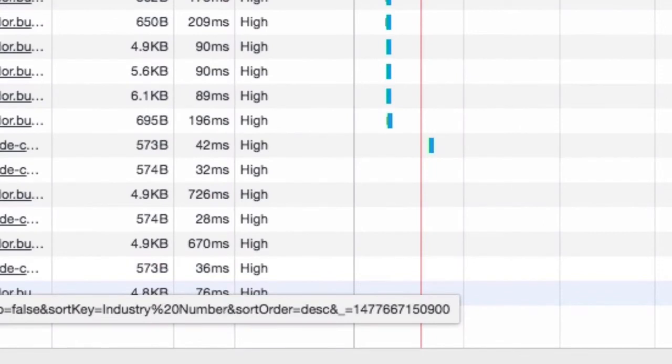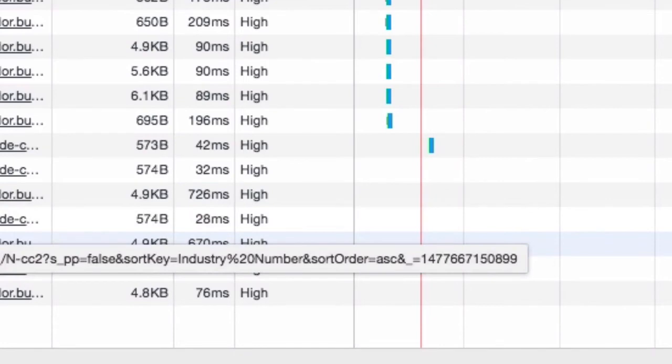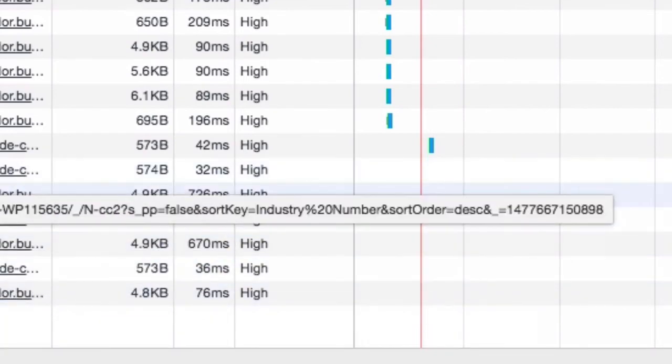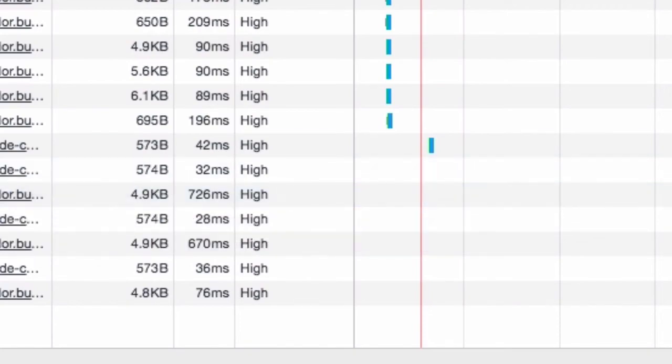And you'll notice it actually is putting a time date stamp. That little underscore equals, that is actually the number of seconds since the Unix epoch. You can see it only changed a little bit from 98 to 99. So we clicked it pretty fast. So they're putting a time date stamp on these, but that's silly because they're automatically increasing that time date stamp every single time, which even if they were caching would change the URL. So they're doing a number of things here to basically not cache this,